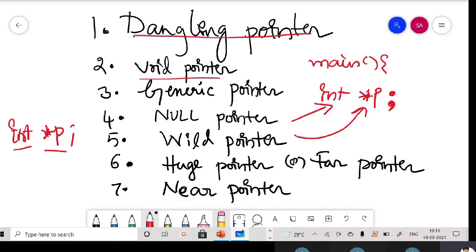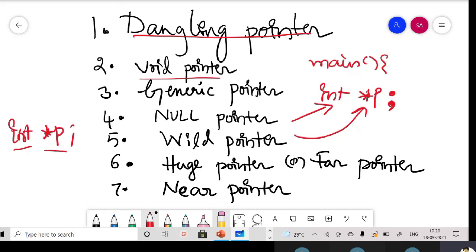So why are you calling it a wild pointer? You use the word wild for animals. How is it different from domestic animals? We have domestic cats and wild cats. What's the difference between a domestic cat and a wild cat? They live separately from human beings. Yes, very good. Wild cats live in the forest or somewhere, so you can't expect their behavior.